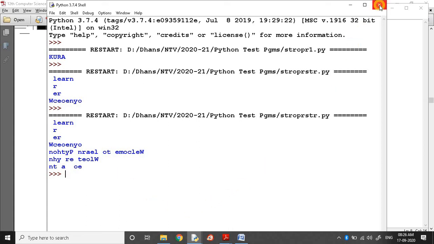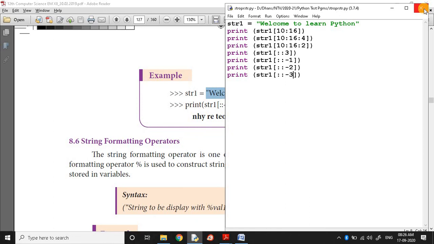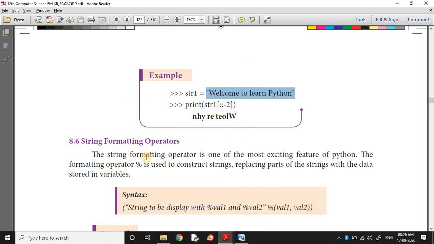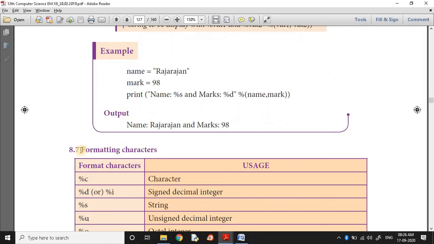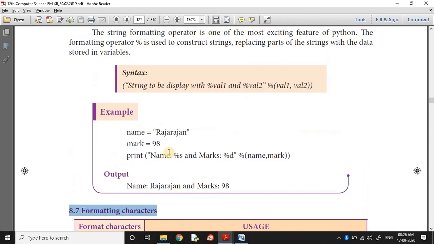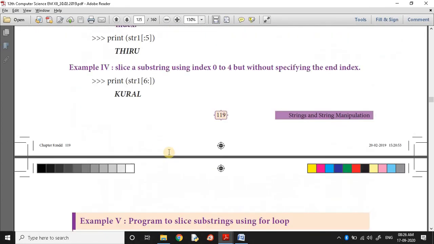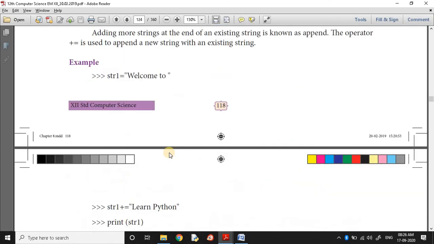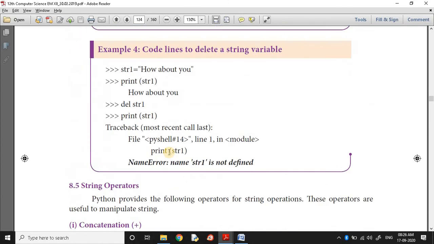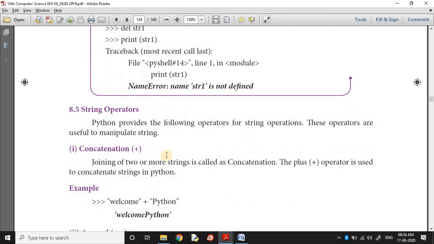Okay. So these are the things in string operators. Formatting characters we will go on with tomorrow. From this, in all parts of the question paper, this topic will be raised, either as 1 mark, 2 mark, 3 mark, or 5 mark. You have to be thorough with it by doing some operations or the book back exercises itself.